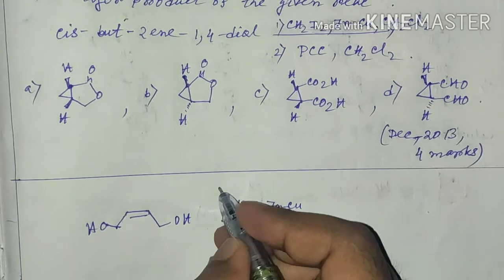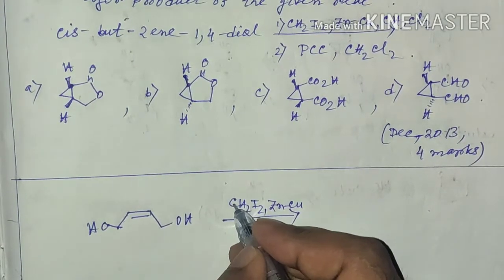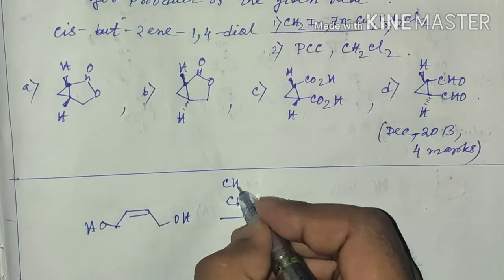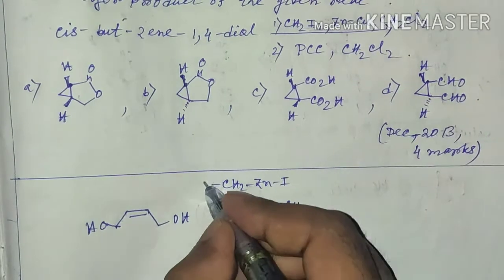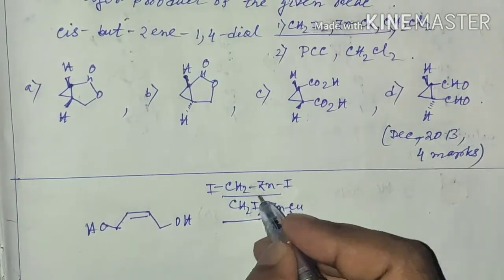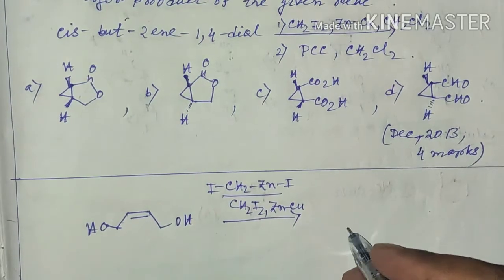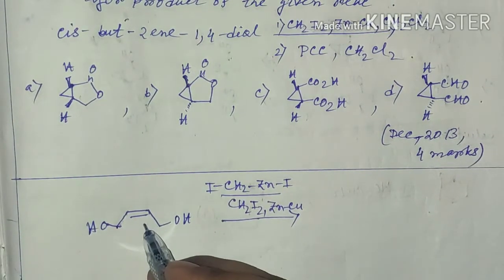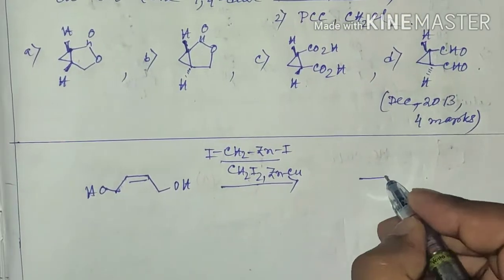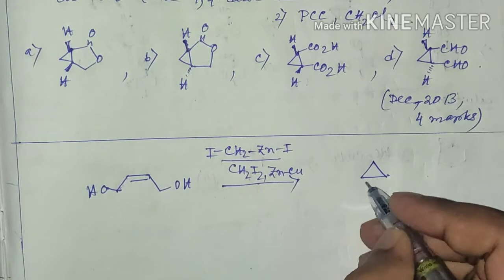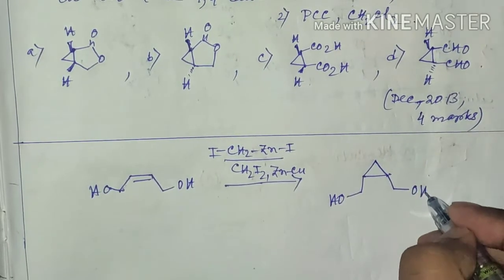Similarly, as in the Simmons-Smith reaction, first zinc will insert into the carbon-iodine bond, that is, it will result in this carbenoid species, and that carbenoid species will add to this olefin. Since this is a cis olefin, in the product these two groups will be cis, so there will be formation of a cyclopropane ring,